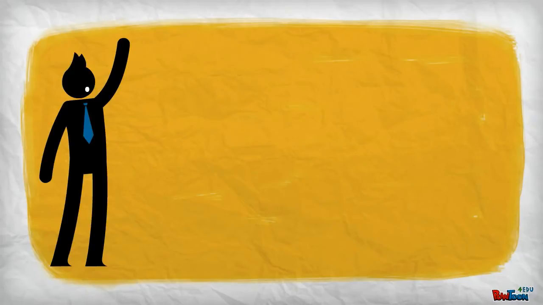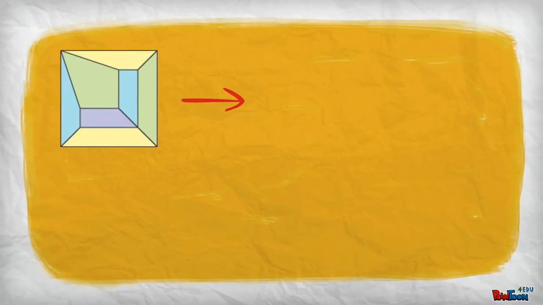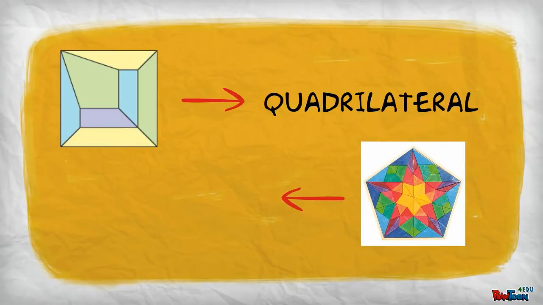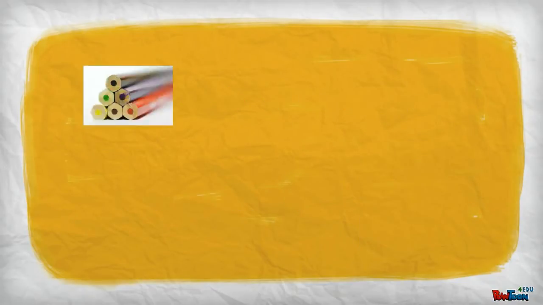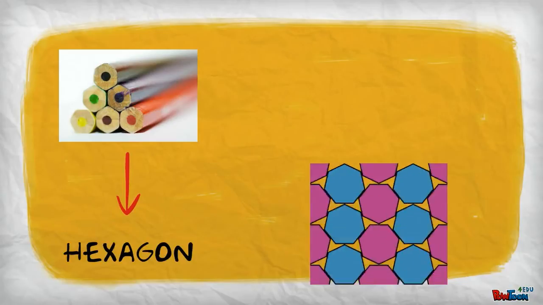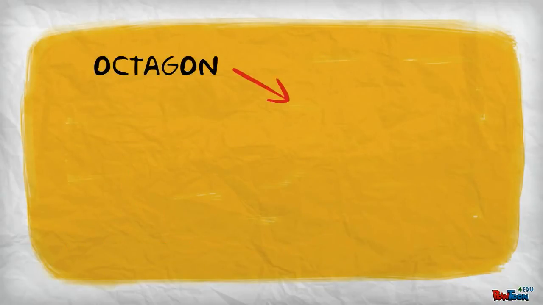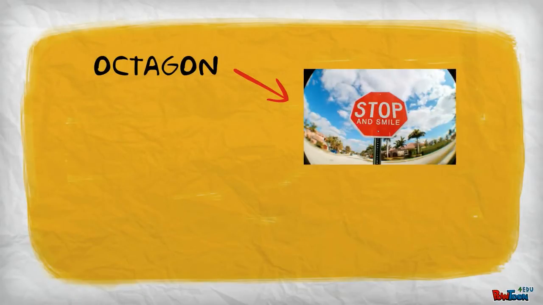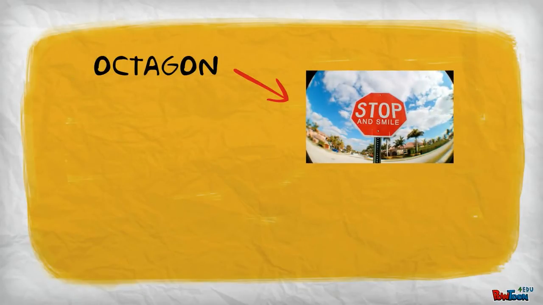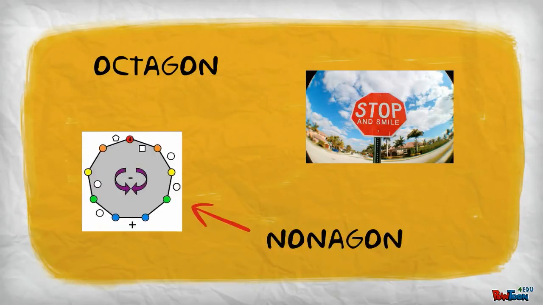And non, along with oct, is also one of the number words when it comes to shapes. You already know a quadrilateral has 4 sides. A pentagon has 5. A hexagon has 6 sides, and a heptagon 7. So now we have oct meaning 8 and non meaning 9. So an octagon is an 8-sided, 2-dimensional shape, or more literally 8-angled since gon means angled, and a nonagon is